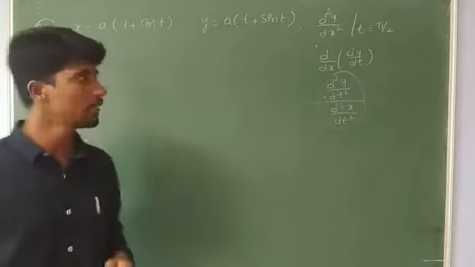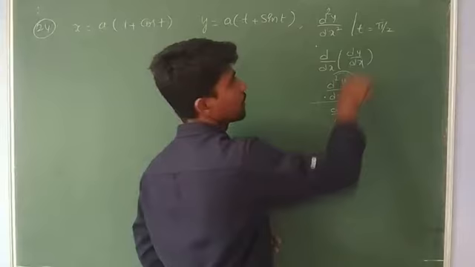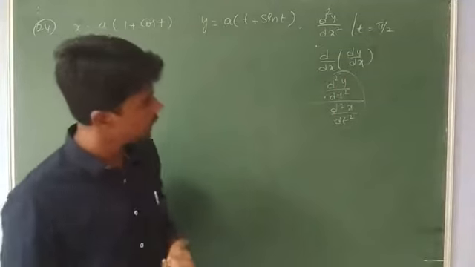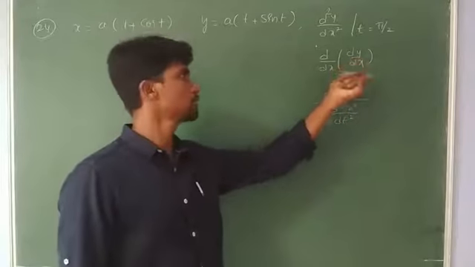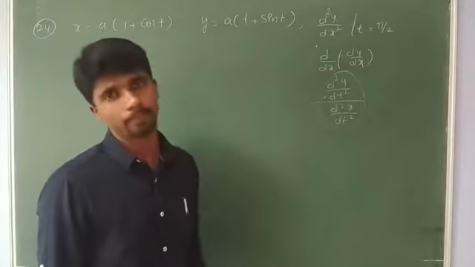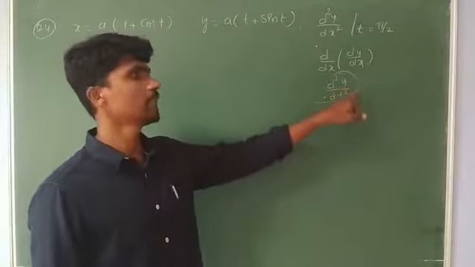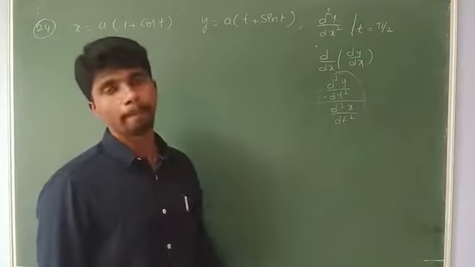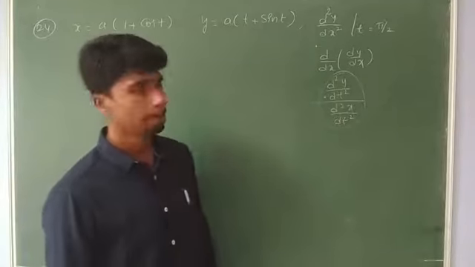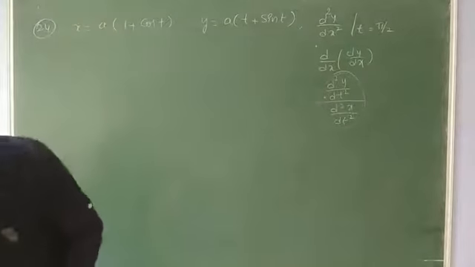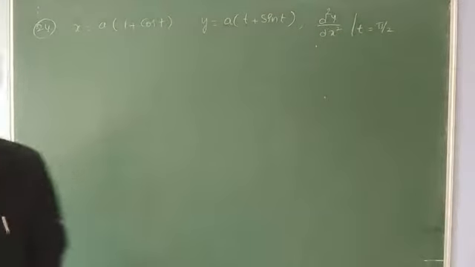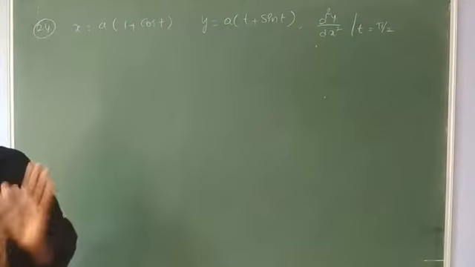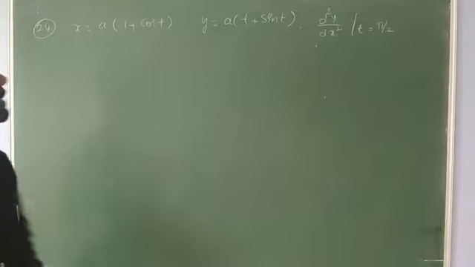So we have to find first dy by dx. Later we should differentiate this dy by dx with respect to x. We should not go for d square y by dt square whole divided by d square x by dt square. Okay, careful, make a note of this. So first my work is to find dy by dx. For that we have learned already: we can take dy by dx as dy by dt divided by dx by dt.